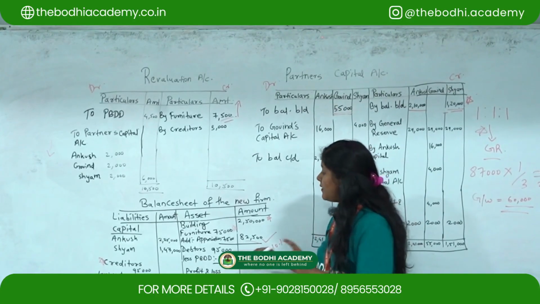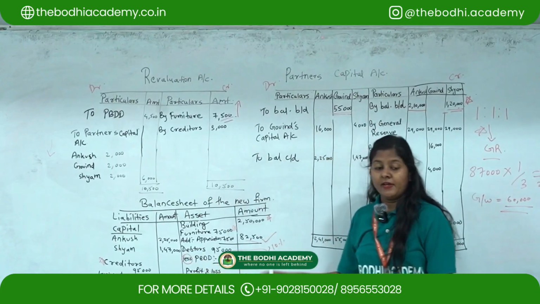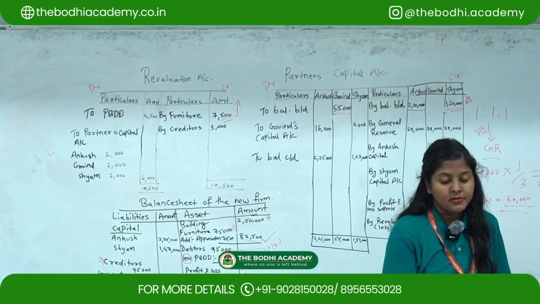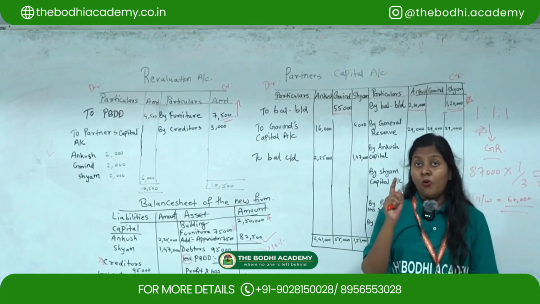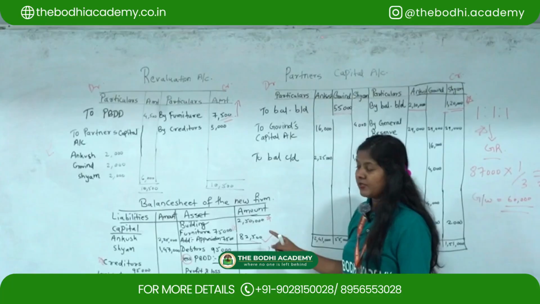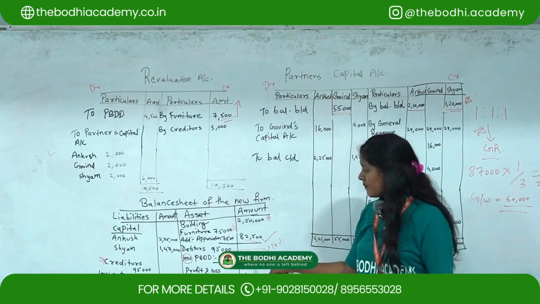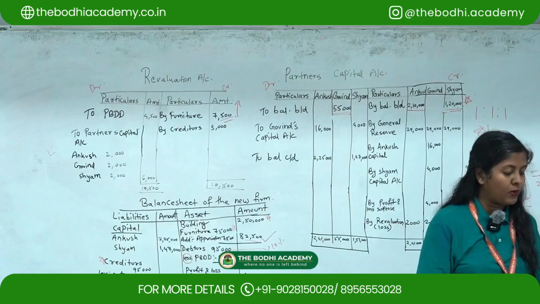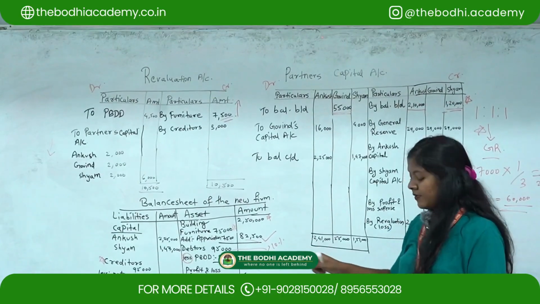New provisions you always have to minus from the asset side of the balance sheet. And now if you see the trial balance, they have given the old provision also. The old provision is 5,000. So here you have to do old minus new, that is 5,000 minus 9,500,